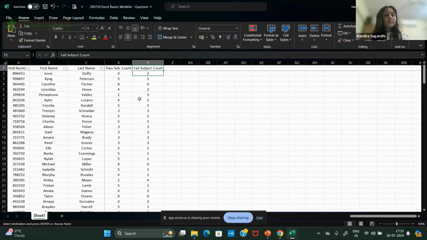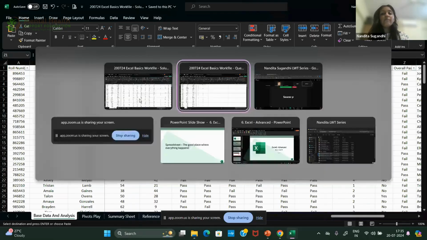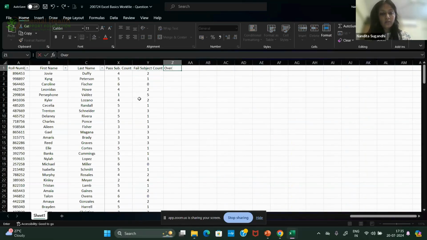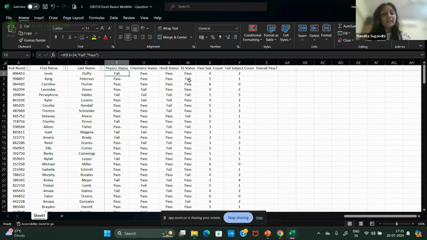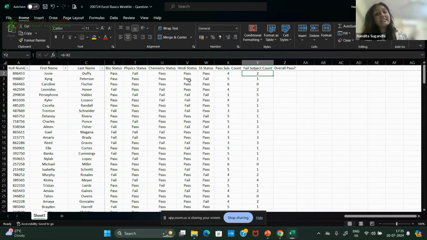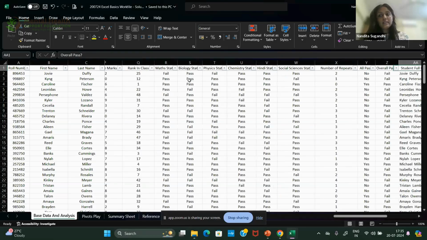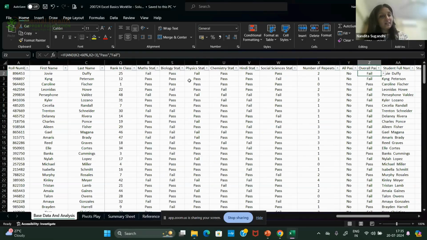So now you know these many students failed in these subjects. Now, if you wanted to know whether they have passed overall or not: a person who has received more than 60% and has failed less than 3 subjects has passed on an overall basis and will go to the next class.